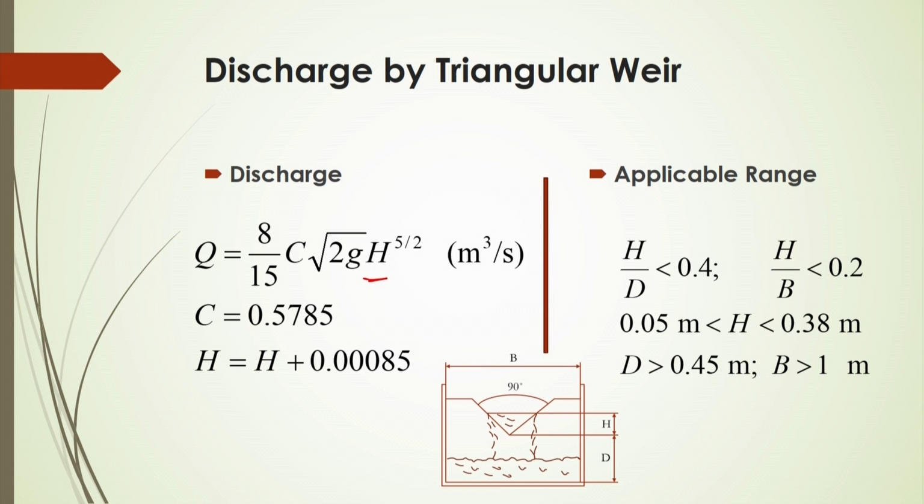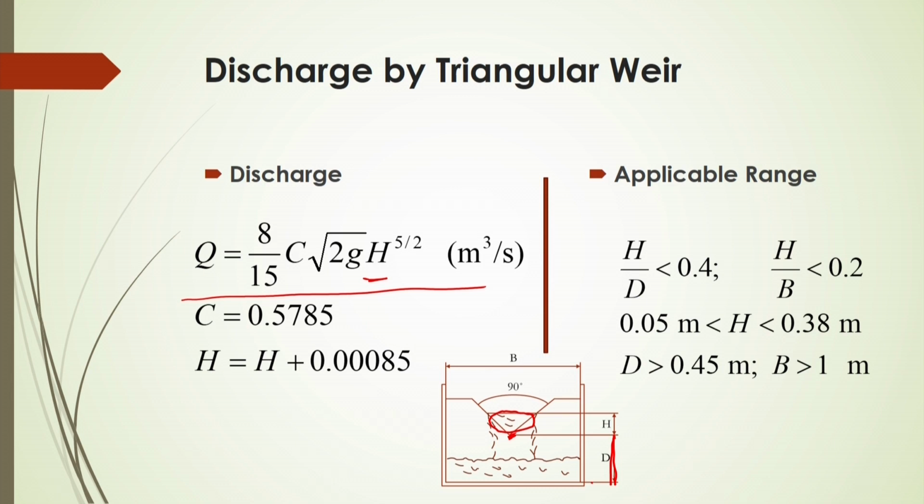So, we see there will be a flow in this triangular weir, this is the liquid height here, the H, and this is the distance from the base of this weir end here. So, once you know this height of the water in the weir, then you will be able to calculate what will be the discharge. So, based on this equation given here, Q will be equal to 8 by 15 into C into root over 2g into H to the power 5 by 2.